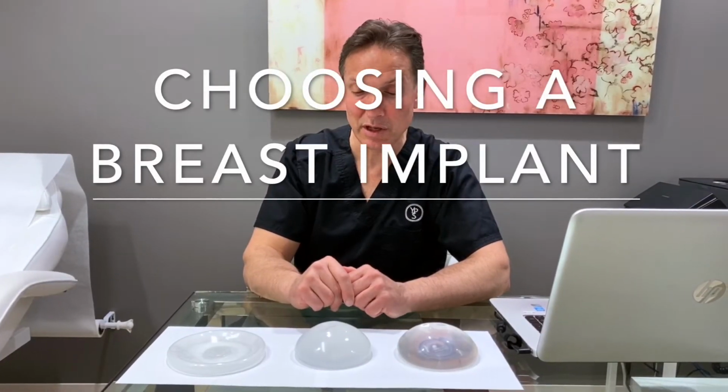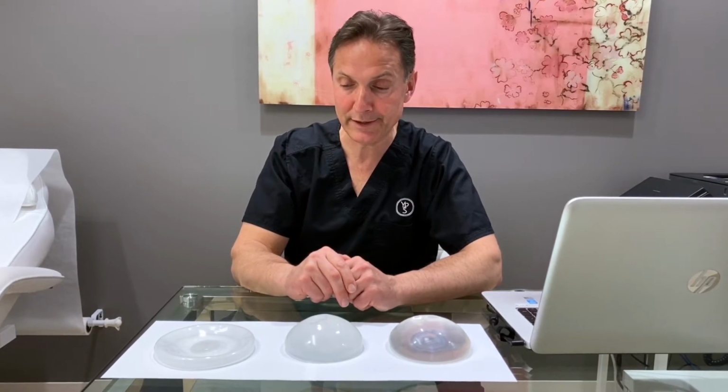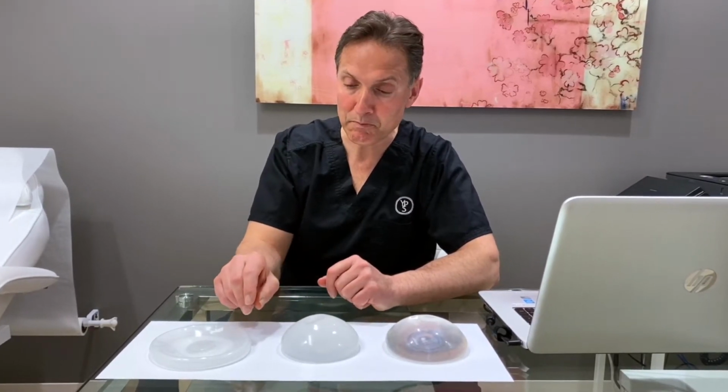Choosing the type of breast implants you want is an important decision. They actually have unique advantages and disadvantages, and it's important to have an in-person consultation with a plastic surgeon to determine which of these is right for you. But just to give you a brief overview of the different types of implants in Canada,